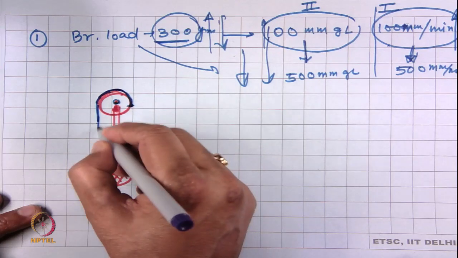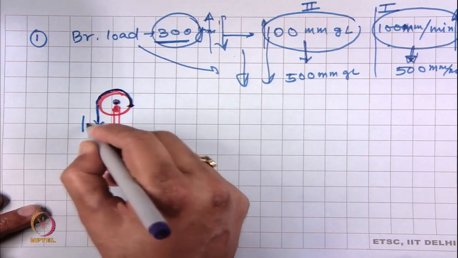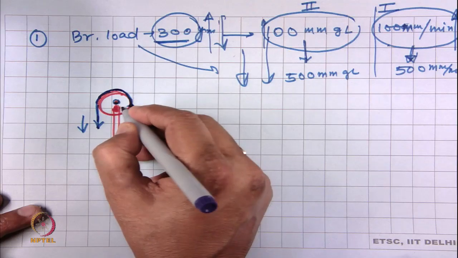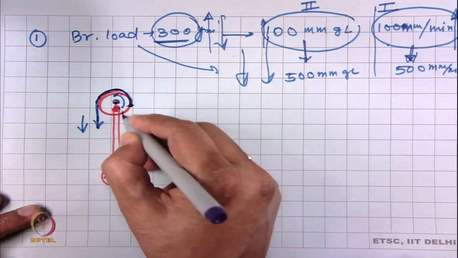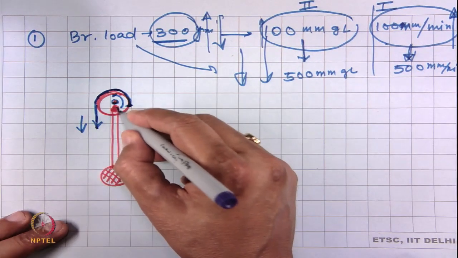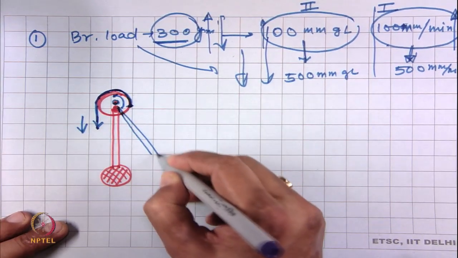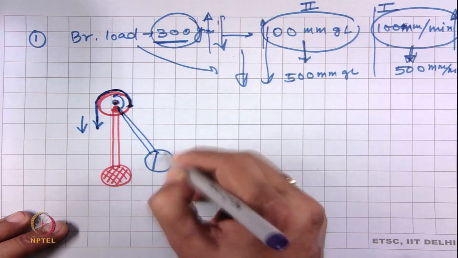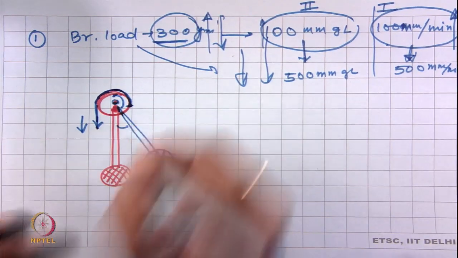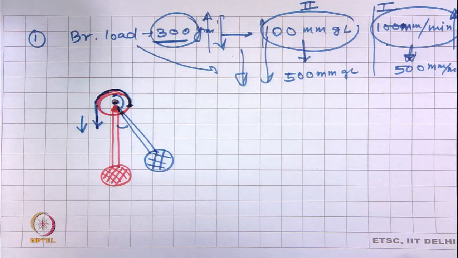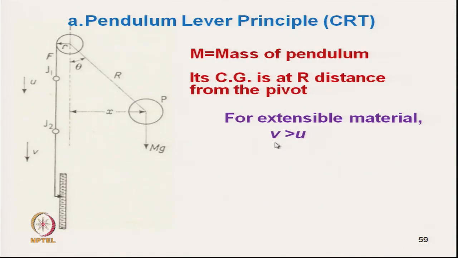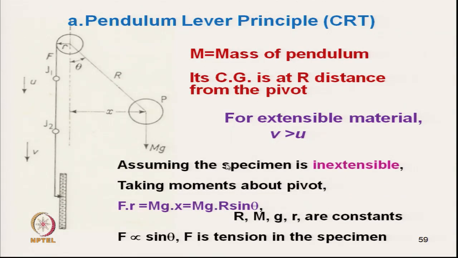to rotate. Suppose if we try to pull in the downward side, this will rotate anti-clockwise. So this portion will rotate anti-clockwise, and this will get deflected at a certain angle. This we have already seen in the last class, and also we have seen how to calculate all the different parameters like the machine rate of loading and time rate of loading.